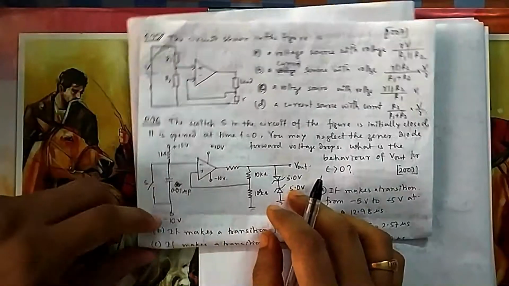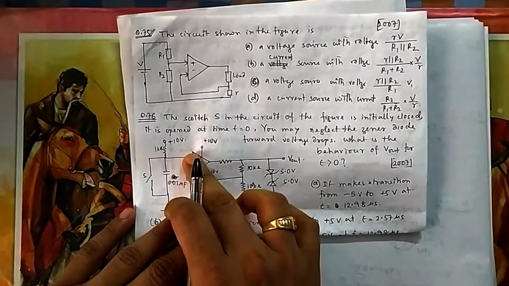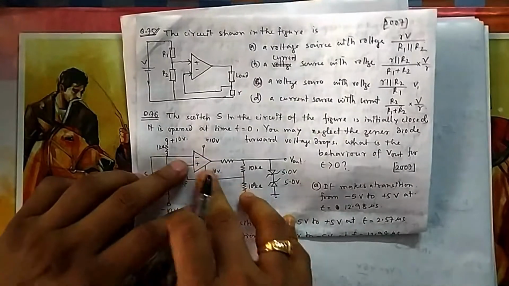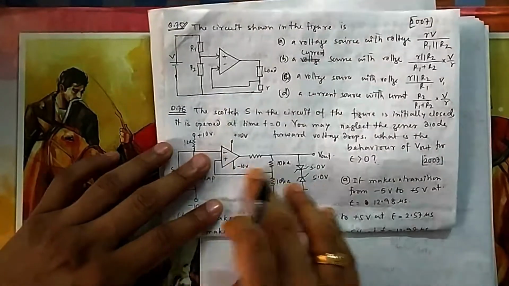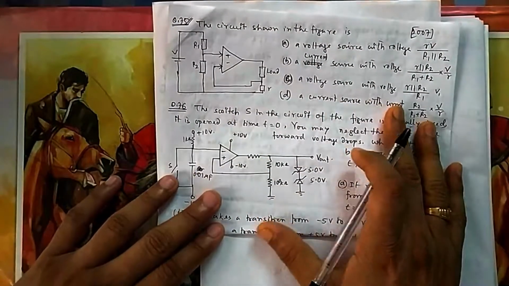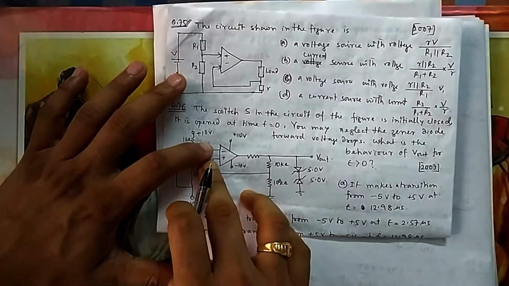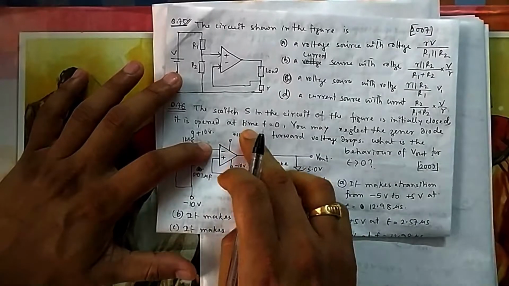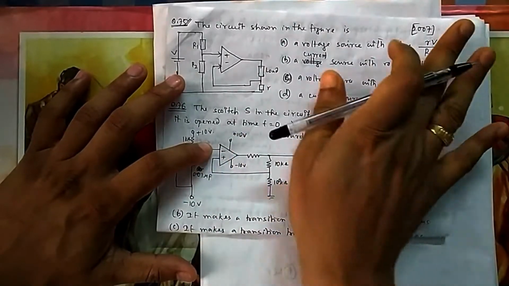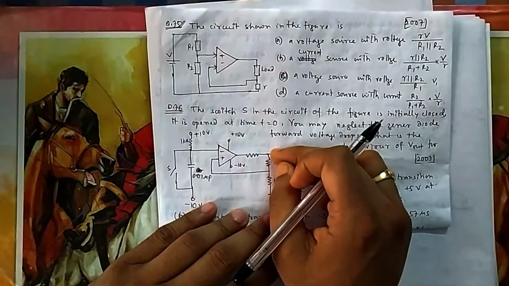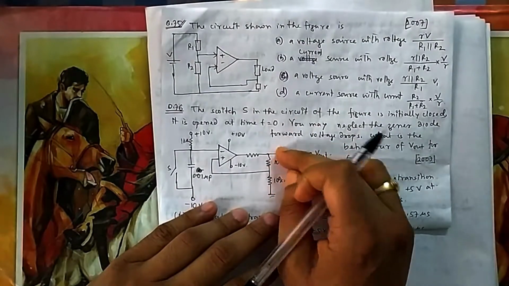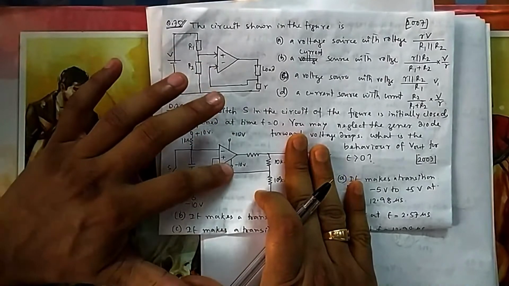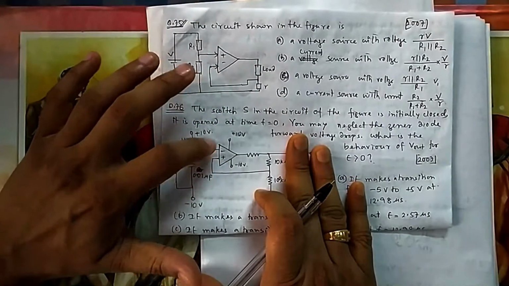Now if you see this circuit, this circuit is not negative feedback. If there is a positive feedback in this type of circuit, then it is just like a comparator. It will compare the voltage between these two, and accordingly the output will reach a saturation voltage. Forget about this zener, think only up to this much. Suppose Vout is here, then the output will be either plus 10 or minus 10, because it is a comparator. It is comparing between these two terminals.